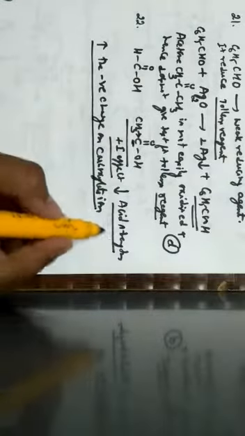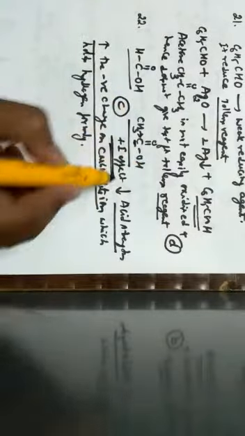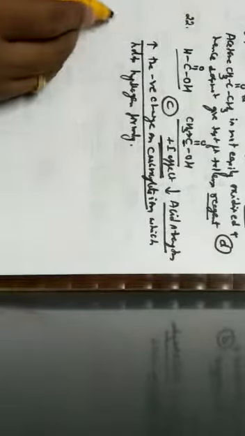When acidic strength decreases, it increases the negative charge on which ion? Carboxylate ion, which holds hydrogen firmly. Hence, we can clearly tell that it shows a positive inductive effect, which can be differentiated from formic acid. Hence, the correct option for this question is option C, which is given by the plus I effect or positive inductive effect.